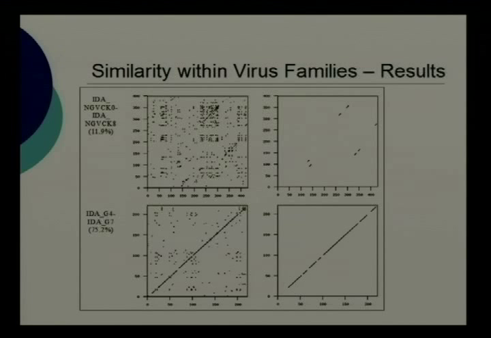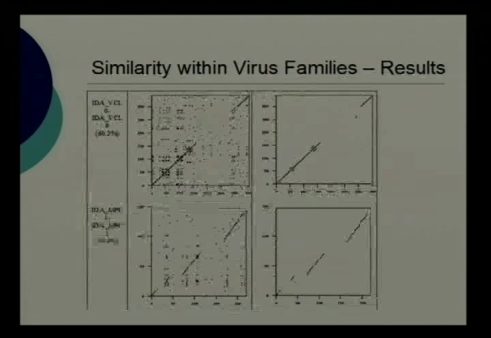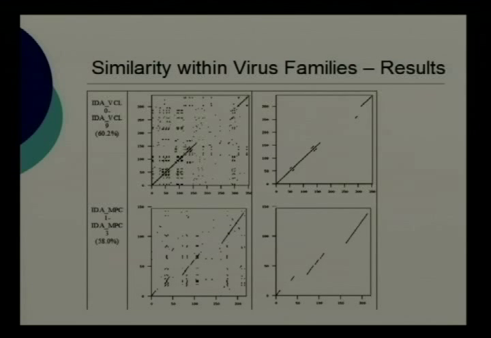Compared to, say, G2, which we said is not as effective, we can see the graph that they produce. We see a long diagonal line, and they are 75% similar for this pair. VCL and MPC Gen also have a very low degree of metamorphism according to our measure, and they also produce graphs that show this.